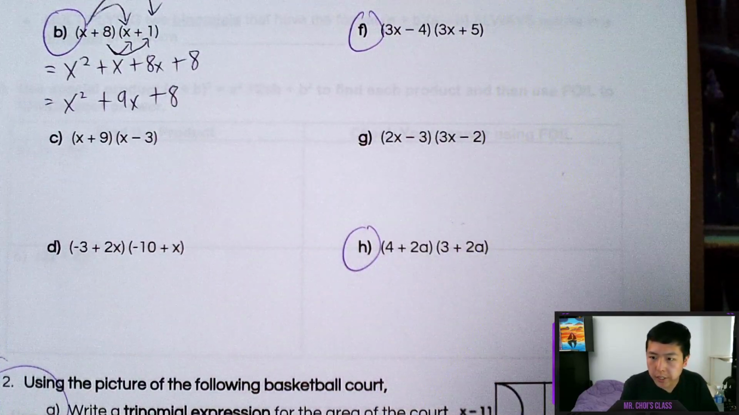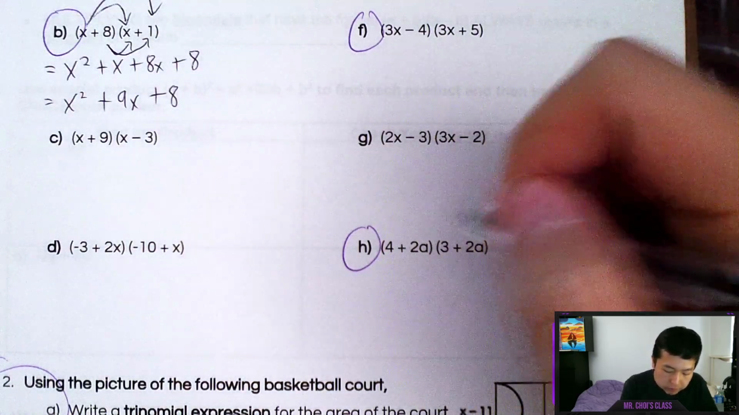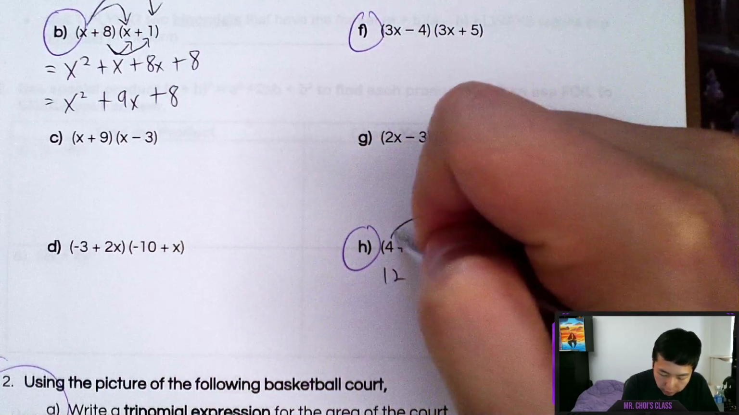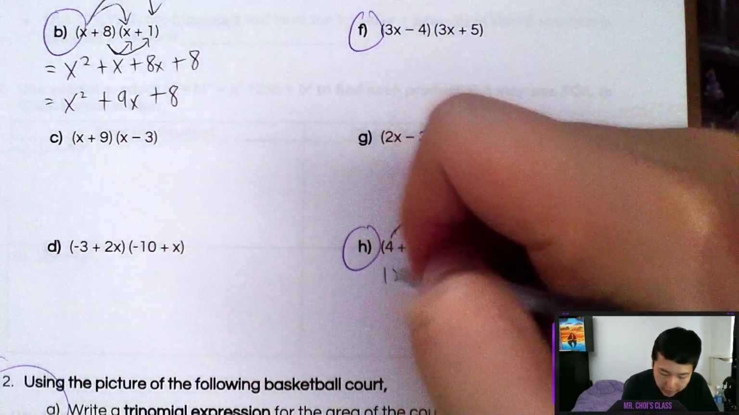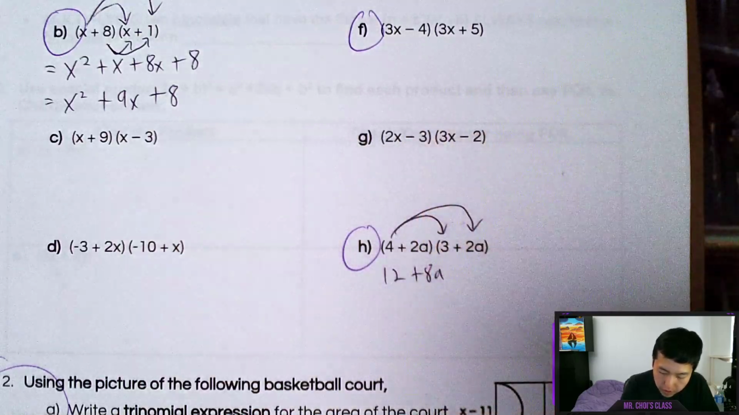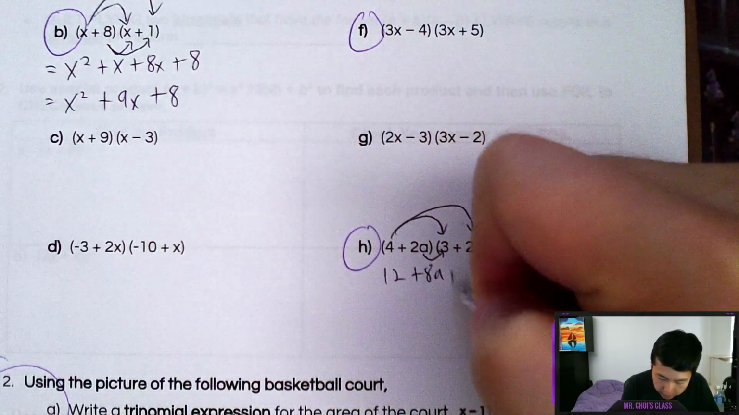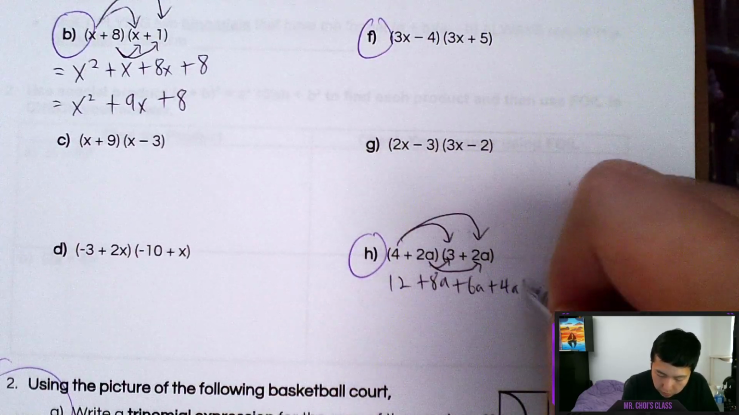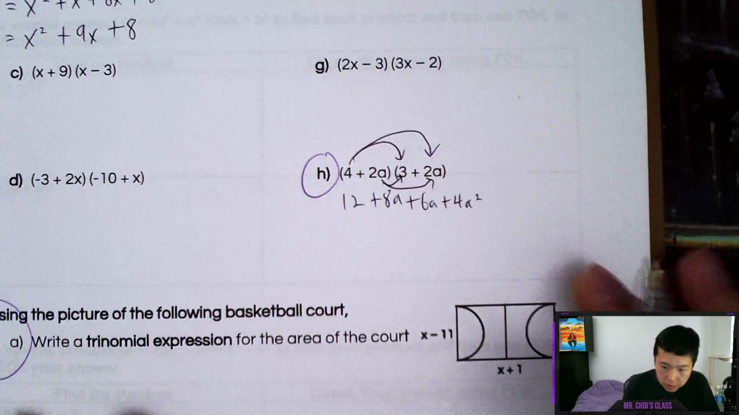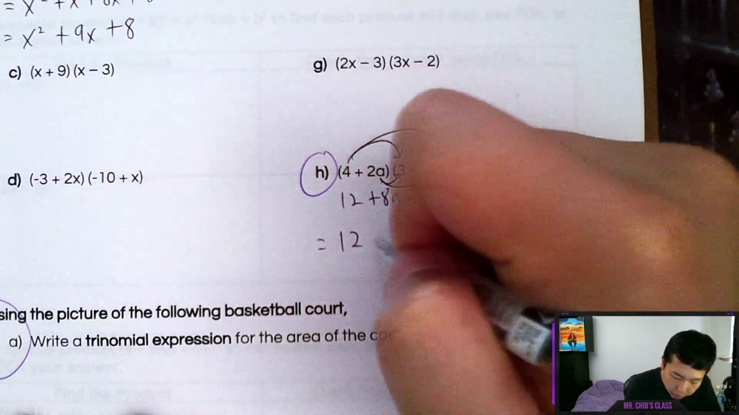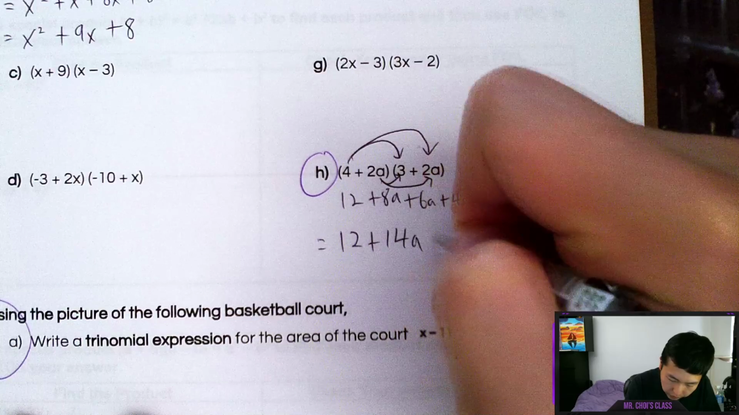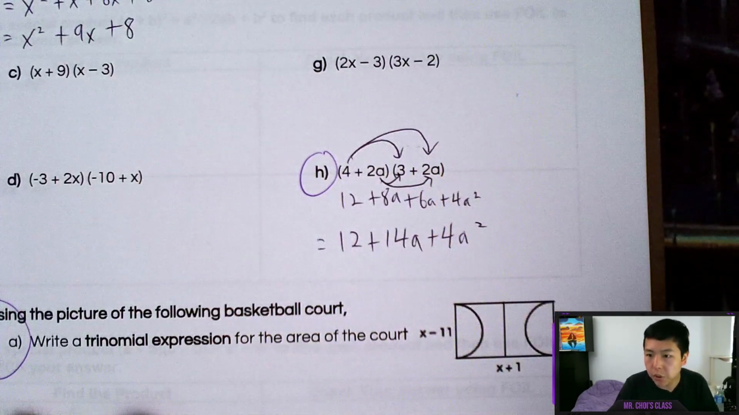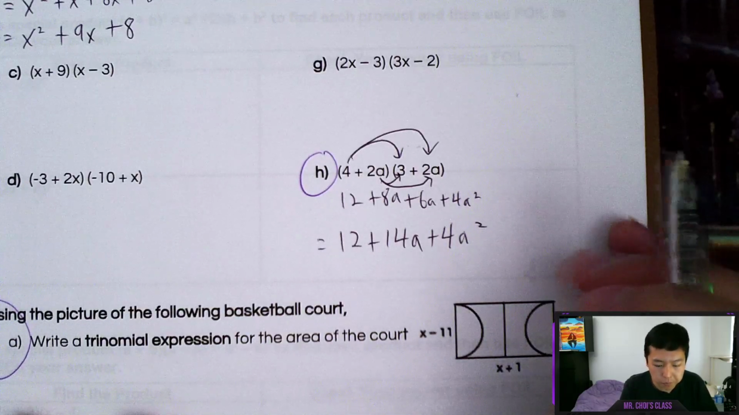4 plus 2a times 3 plus 2a. Following FOIL, 4 times 3 is 12. 4 times 2a gives me 8a. Then 2a times 3 is 6a. And then 2a times 2a is 4a squared. Okay. Once we have that, we can combine like terms, and we should get 12 plus 14a plus 4a squared. Now,